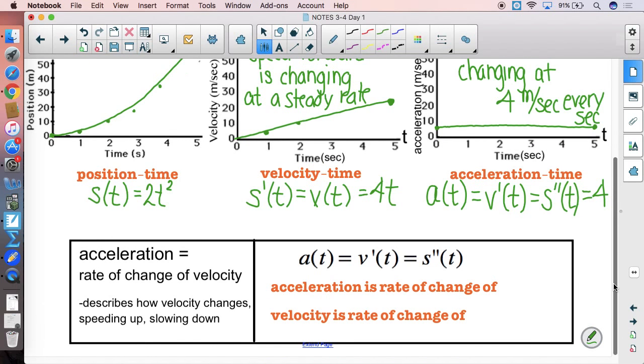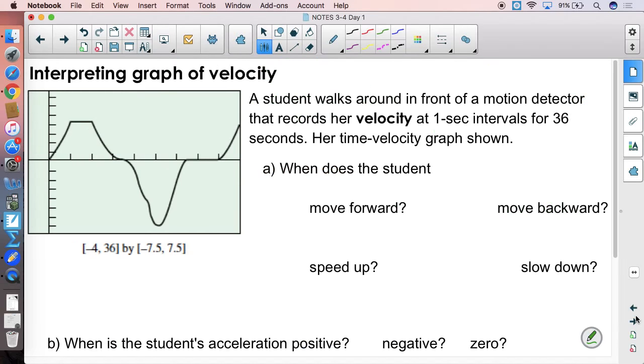So acceleration, and we're just beginning to work with acceleration. Acceleration is how velocity changes, the slope of velocity, the rate of change of velocity. Eventually from this we'll be able to tell, not because acceleration is positive or negative, but based on how acceleration and velocity relate to each other, if it's speeding up or slowing down the object. So acceleration is the rate of change of velocity, in other words, it's velocity's derivative. Velocity is the rate of change of position. The last thing we want to do is see if we can put